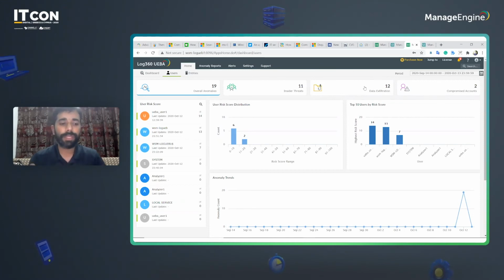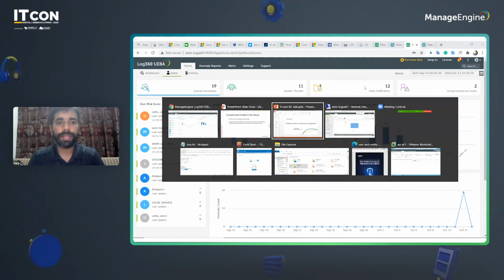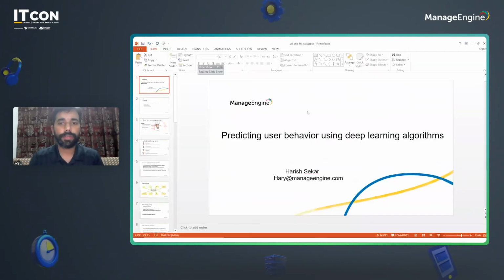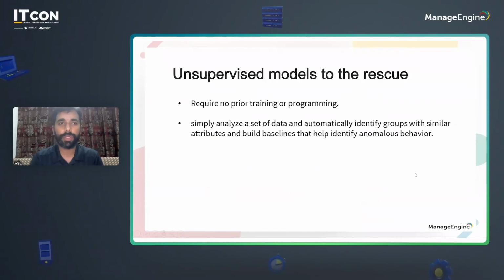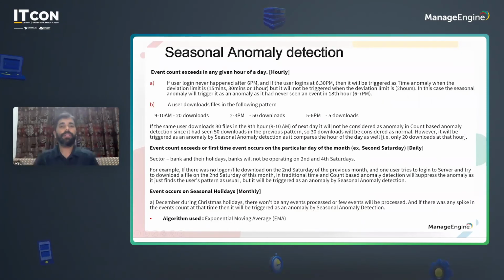But now that this has been addressed, let me go back into my deck. And what I'm going to do is quickly jump into full screen, and seasonal anomaly detection. Before we actually look into seasonal anomaly detection, I just have a quick use case, which is covered in the specific slide. If a user never happened to